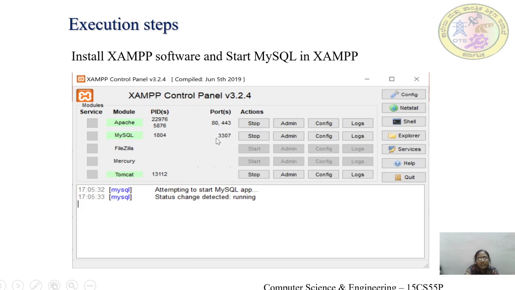Suppose this is running at 3306, which by default, when you install it, will be 3306. In my case, that port is used by some other application, so I have changed that in the configuration file. So the same number I am using in my servlet code for connecting to the database.